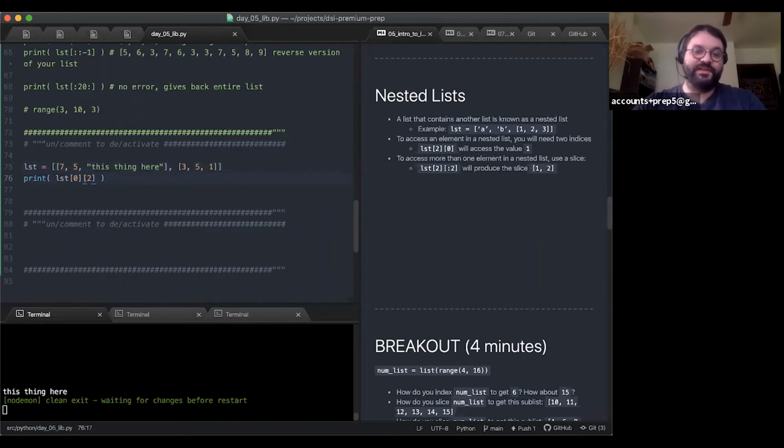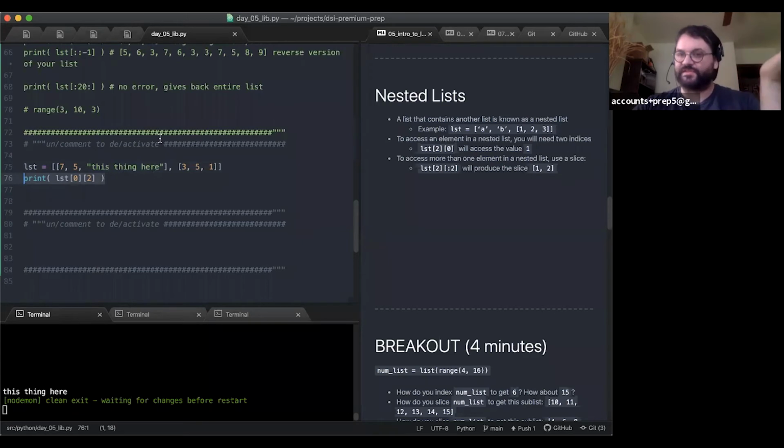Actually, let's say I want to print out thing from here. How would I do that? I'll up the ante on this one. How do I print out thing?